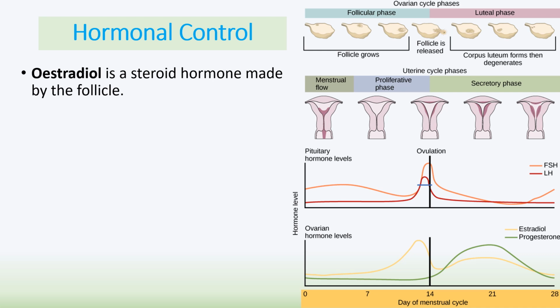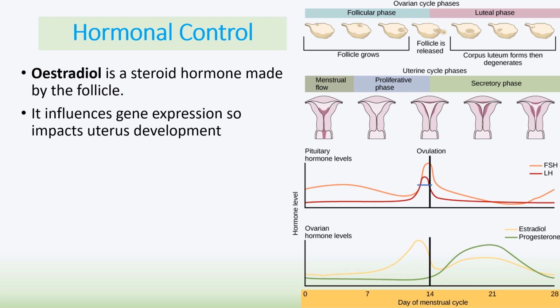Estradiol is a steroid hormone made by the follicle in the ovaries. That then impacts the gene expression on uterus development, so it causes the uterus lining to become thicker in preparation for the acceptance of a